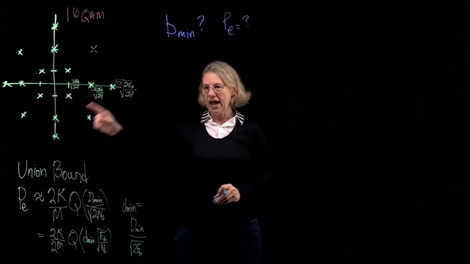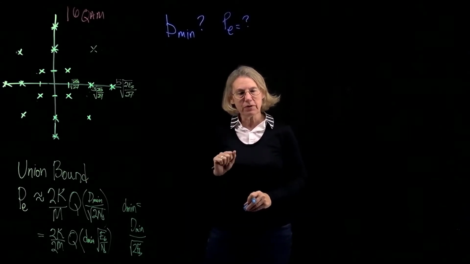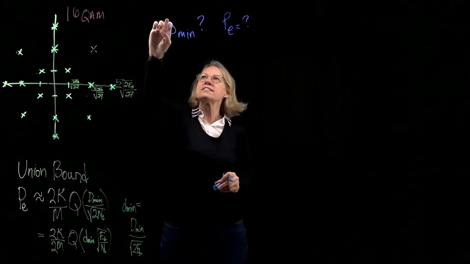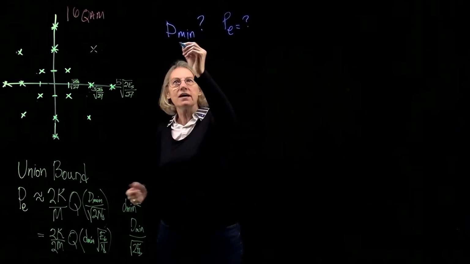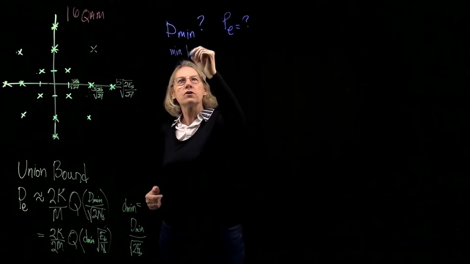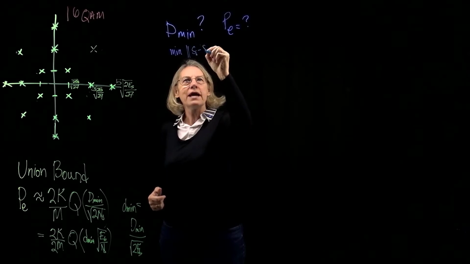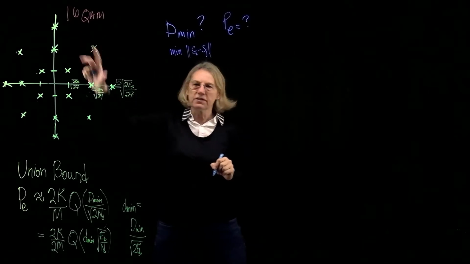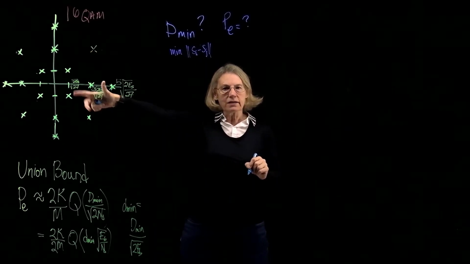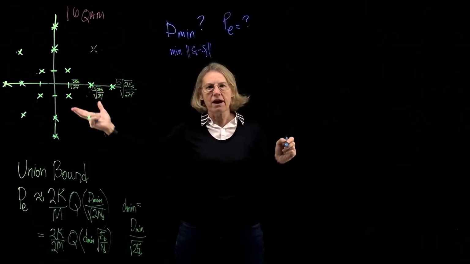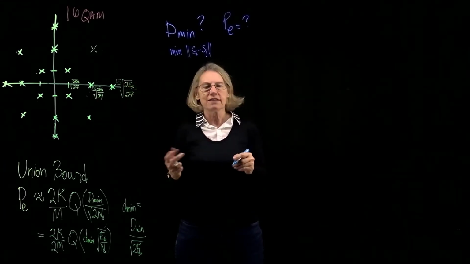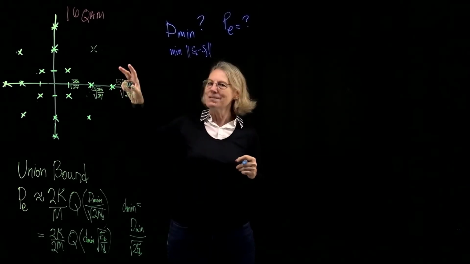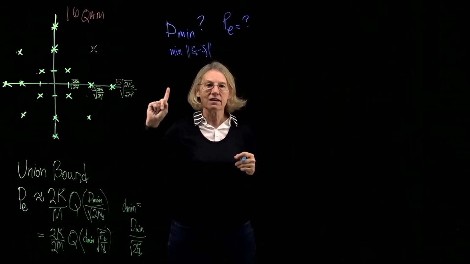So to do that, we look at the cheat sheet. And on the cheat sheet, we pick out a couple of equations that are going to help us respond to this question. First of all, what is Dmin? Dmin is just the minimum distance over all pairs of points. So if I were going to take all the different points in the constellation, calculate the distance between all of the different possible pairs, whichever one was the smallest, that would be the minimal distance. And of course, this is a very important parameter because it is the minimum distance that dominates the probability of